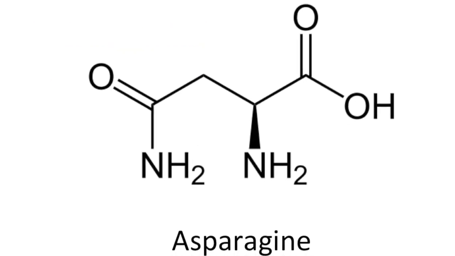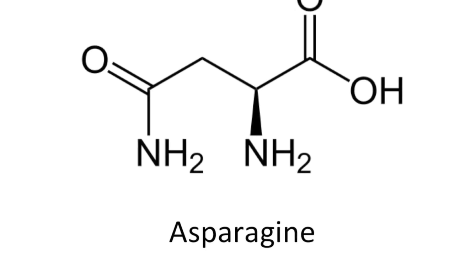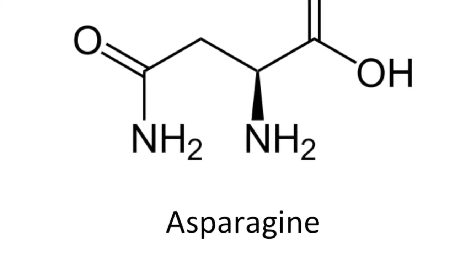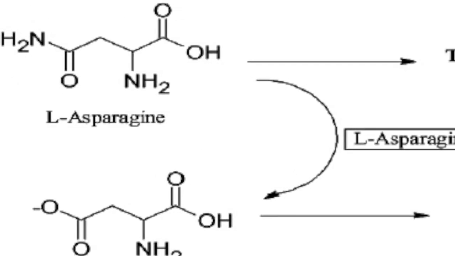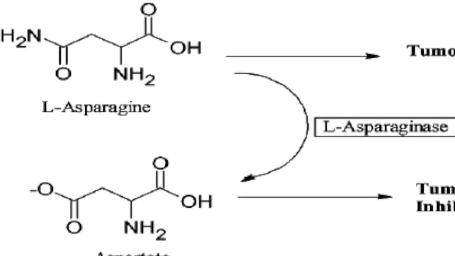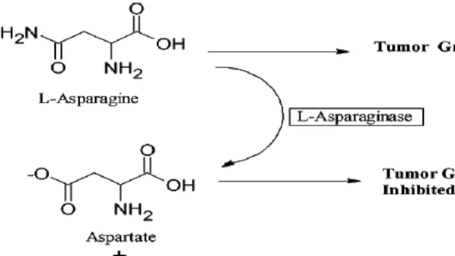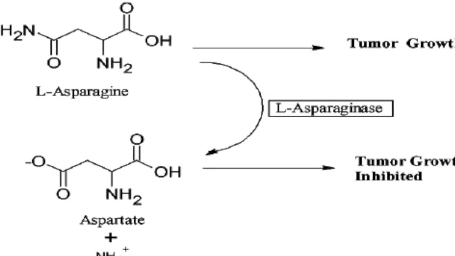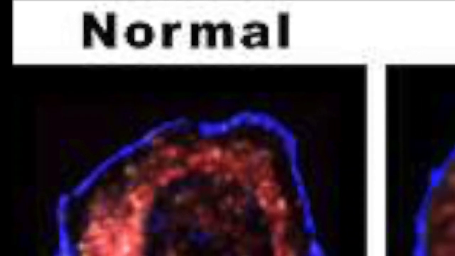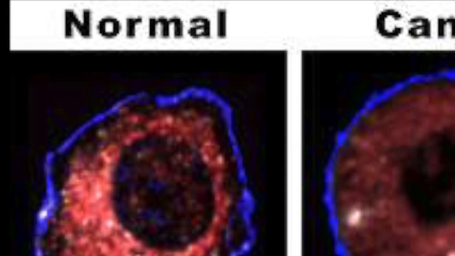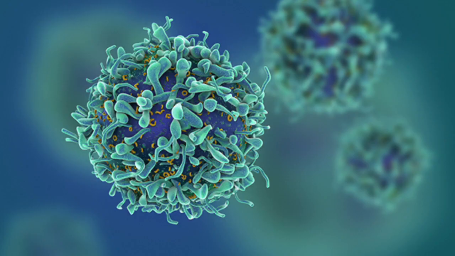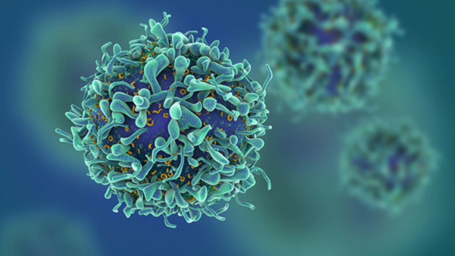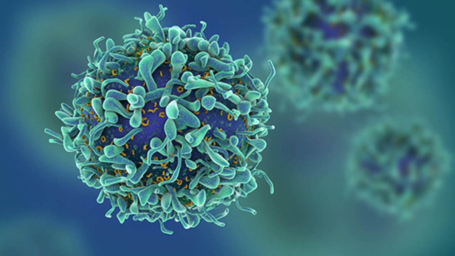To emphasize a little more on asparaginase, normal cells are dependent on an amino acid called asparagine in order to survive. This goes for cancer cells as well. However, normal cells can synthesize asparagine themselves while the cancer cells cannot. The enzyme asparaginase breaks down asparagine in the body into aspartic acid and ammonia. This is okay for normal cells because they just continue to synthesize the asparagine as needed to keep surviving. But with cancer cells, breaking down the asparagine in them causes apoptosis. So taking the asparaginase will increase the breakdown of asparagine and cause the cancer cells to die off.